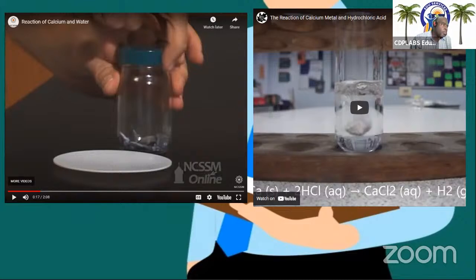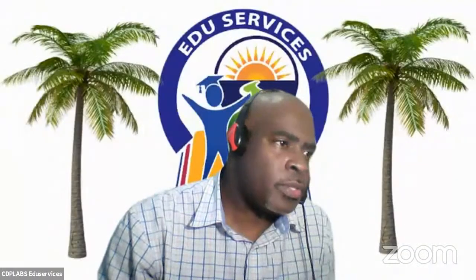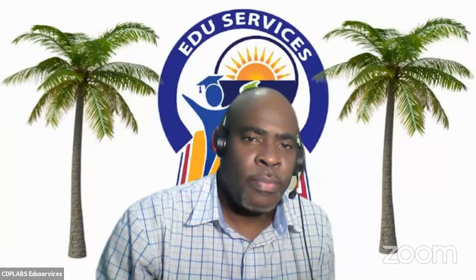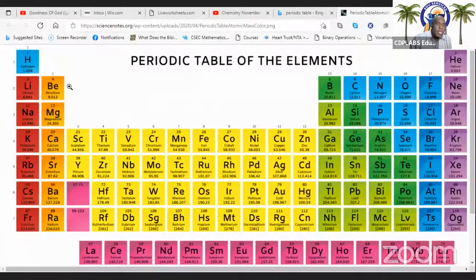So let's look at the periodic table first. Here's the periodic table. And as it says, you go down the column of the periodic table. That's what it's basically saying. So you have magnesium before calcium. And he just said that as you go down the column of the periodic table, the element becomes more